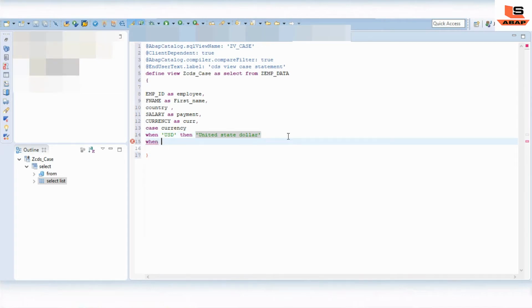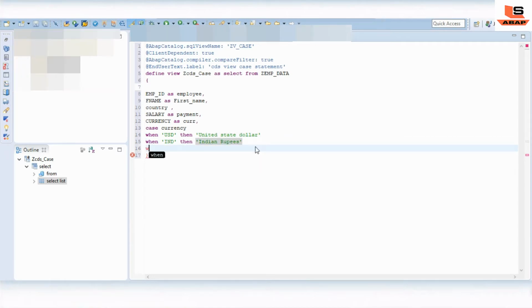Similarly, when we have INR, then Indian rupees, and we have when EUR, euro, then European euro.